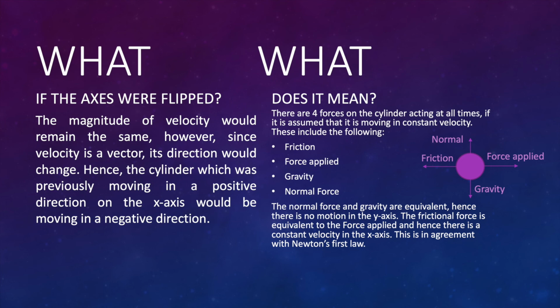Friction will always be in opposition to the force applied, whereas the normal force will always be in opposition to gravity. The normal force and gravity are equivalent, hence there is no motion on the y-axis. The frictional force is equivalent to the force applied, and hence there is a constant velocity in the x-axis. This is in agreement with Newton's first law. The diagram on the right